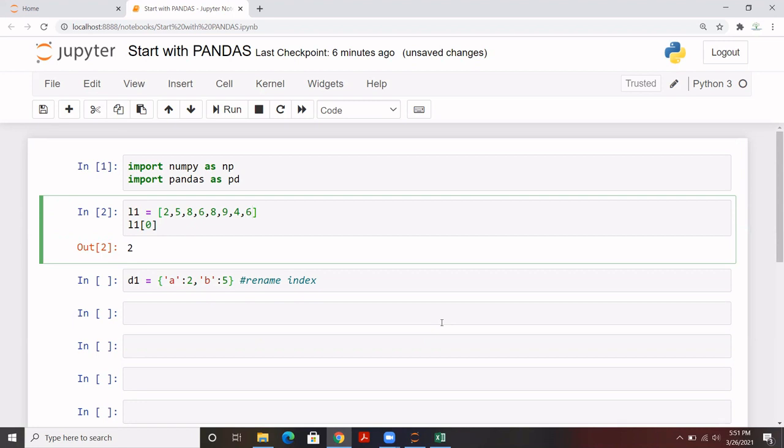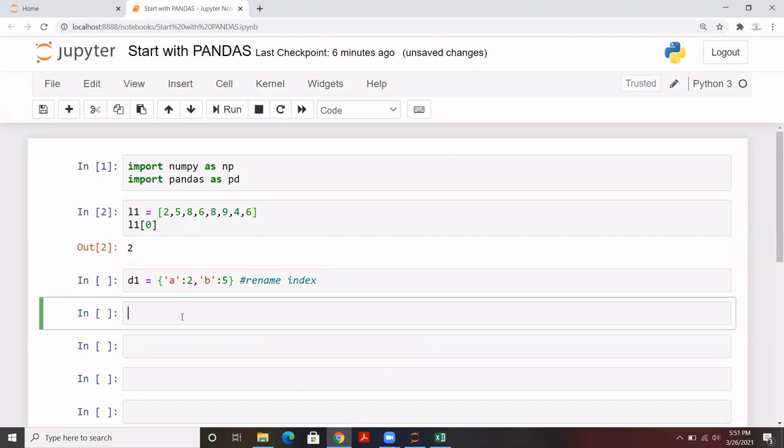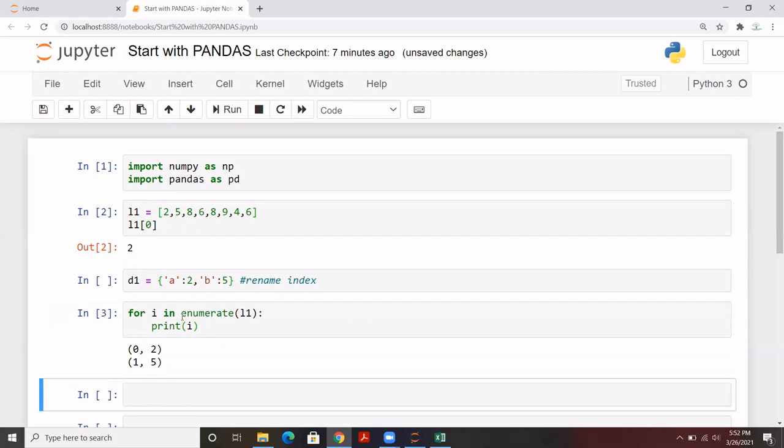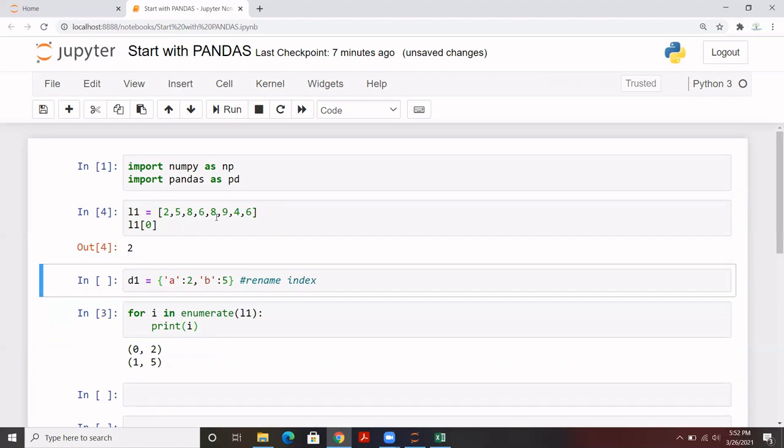one by one. So what we can do in core Python itself is use the enumerate function to do this. How will we do this? For example, for i in enumerate, I have covered that part in previous videos. You can check that. Here is the list, and we can simply print this here. So it will basically give you the index. Let me run this to get the updated value. Here it is.